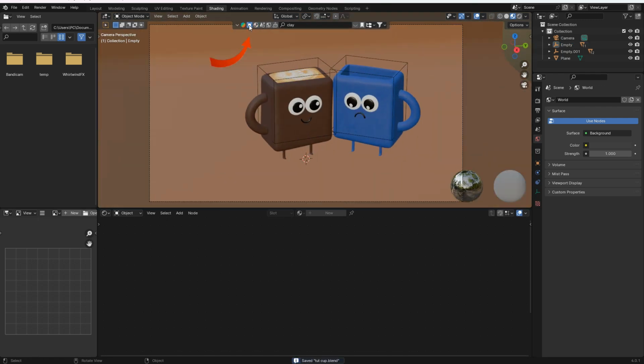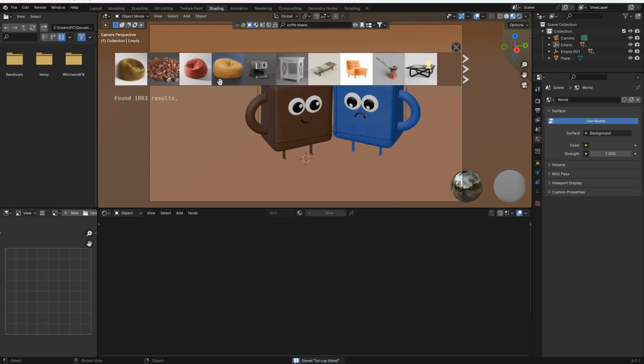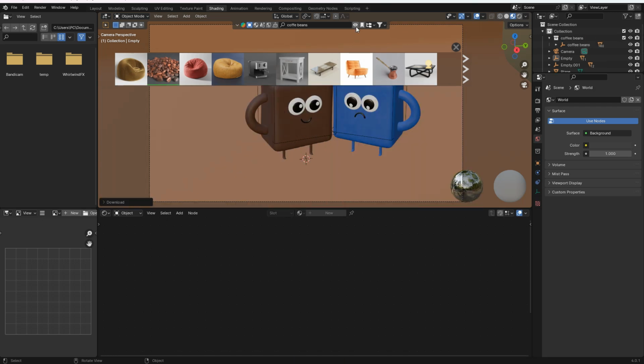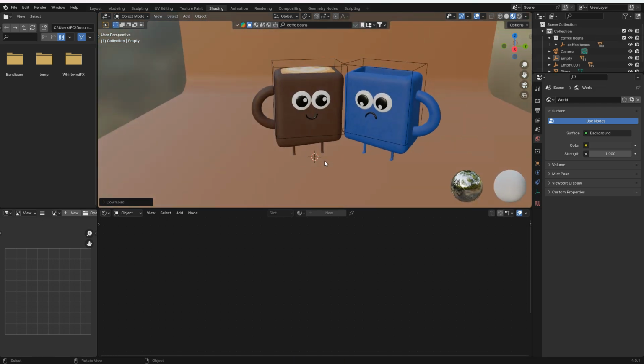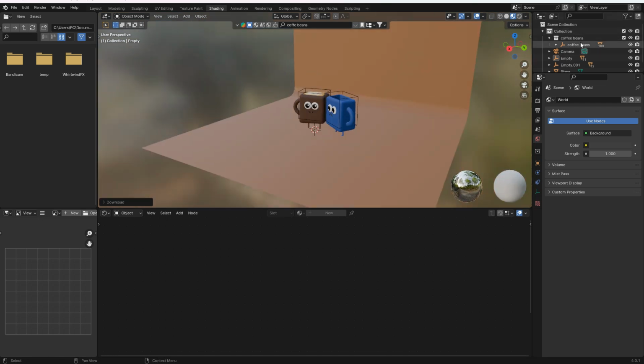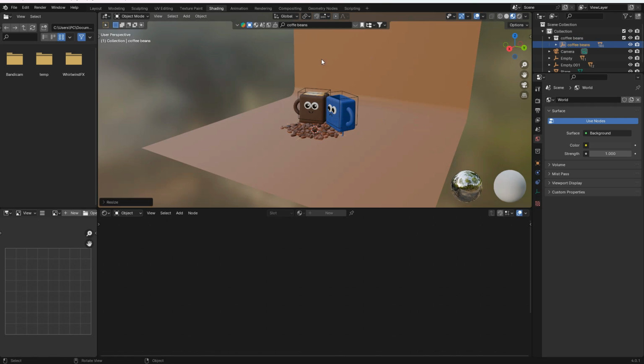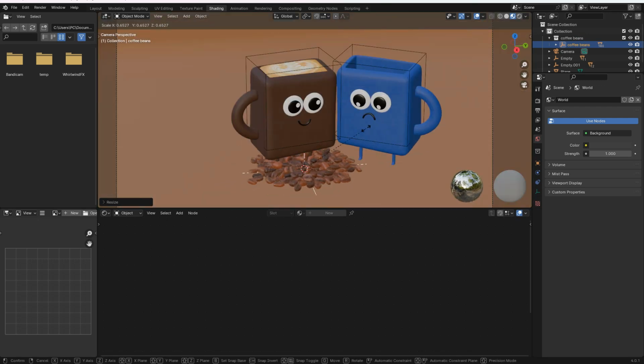Now I'm gonna go over here to models, and then I'm just gonna search for coffee beans like this. And now just save your project by pressing Ctrl S and then click on this. So now you can see these coffee beans are added, but where are they? Just go over here, select these coffees and then scale them like this, then scale it something like this,